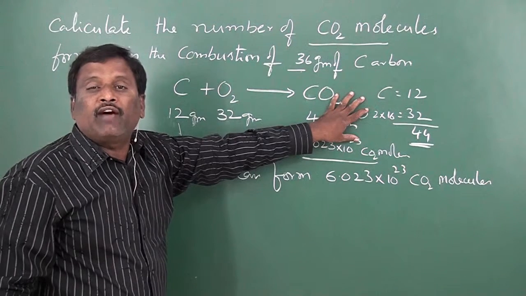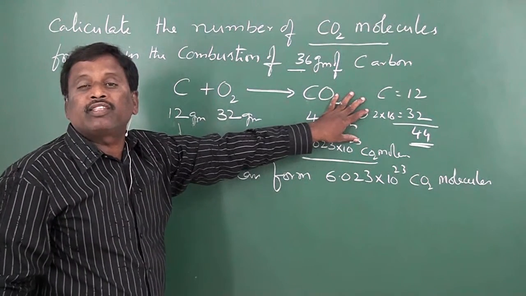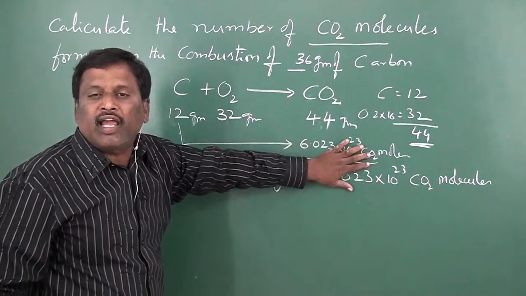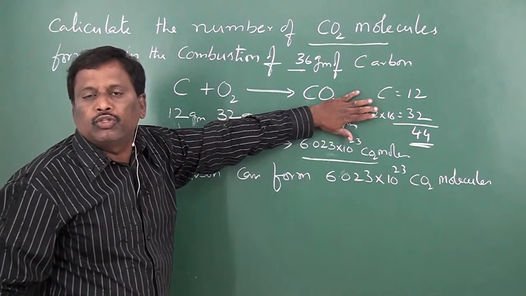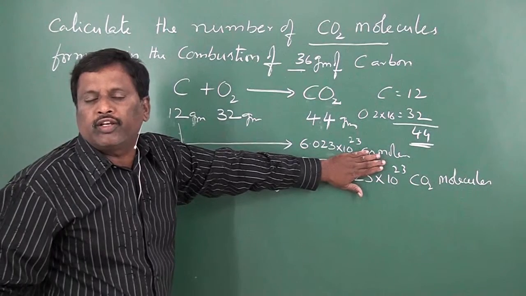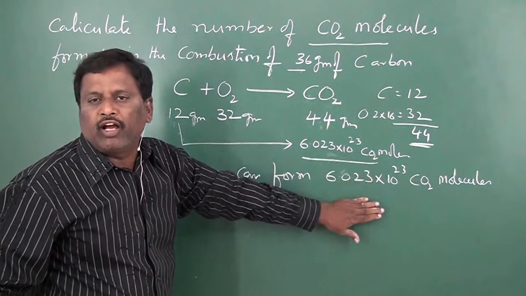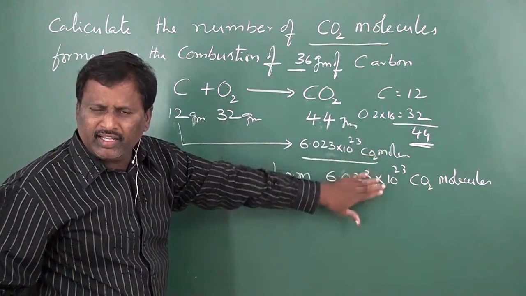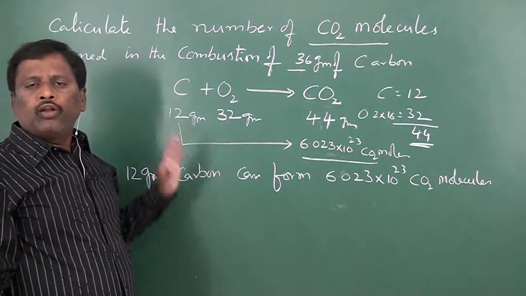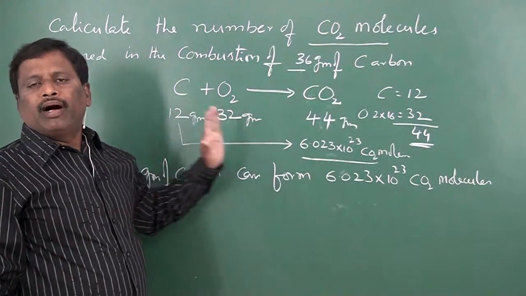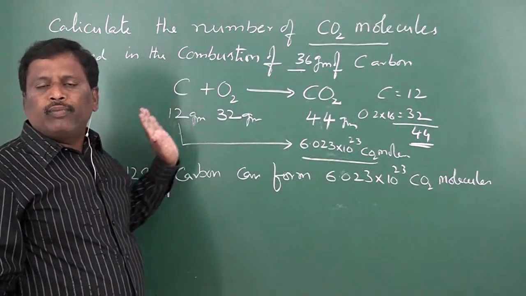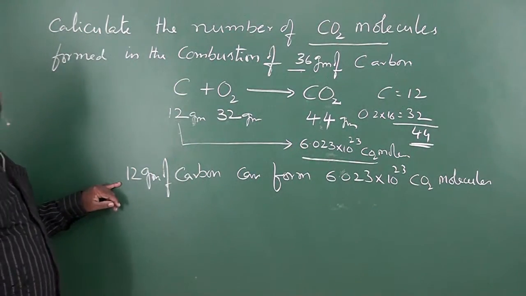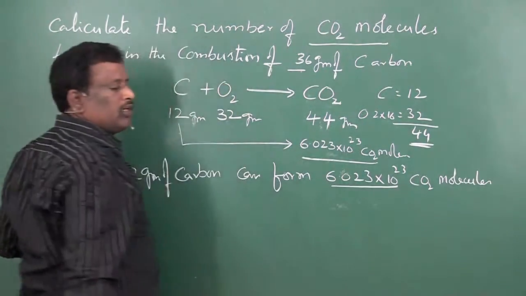What weight of CO2 can be formed? In some other problem they may ask what volume of CO2 is formed. According to these stoichiometric proportions, 44 grams of CO2 contains 6.023 into 10 to the power 23 CO2 molecules, and it will occupy 22.4 liters at STP. So we should look at the comparison for whatever is asked. If volume is asked, compare with volume; if mass is asked, compare with mass; if the number of molecules is asked, compare with the number of molecules. So here 12 grams of carbon can form 6.023 into 10 to the power 23 CO2